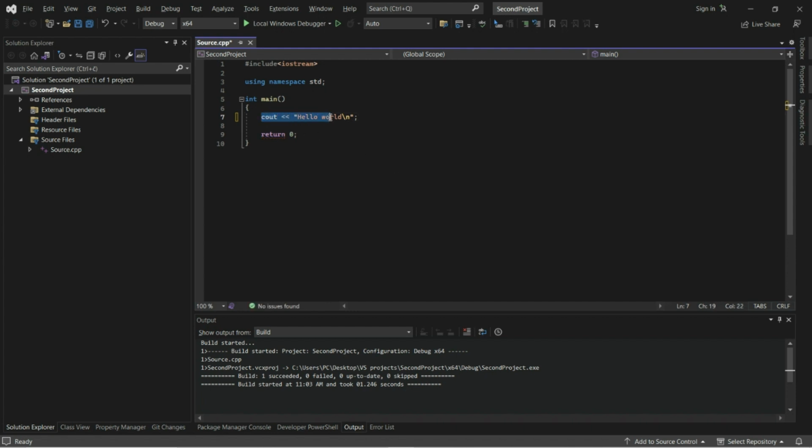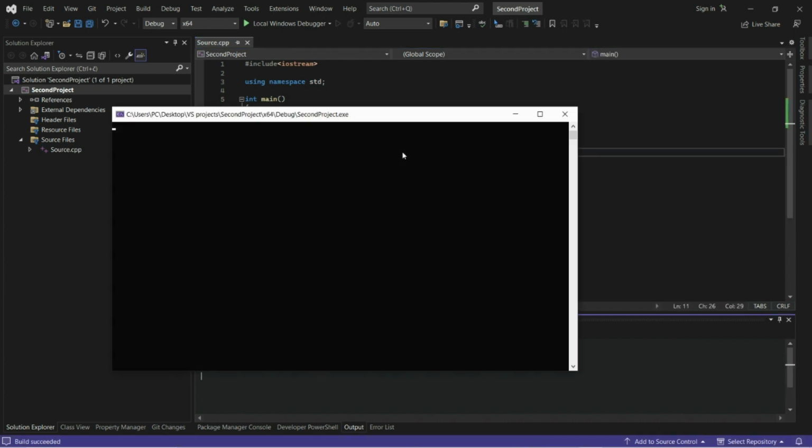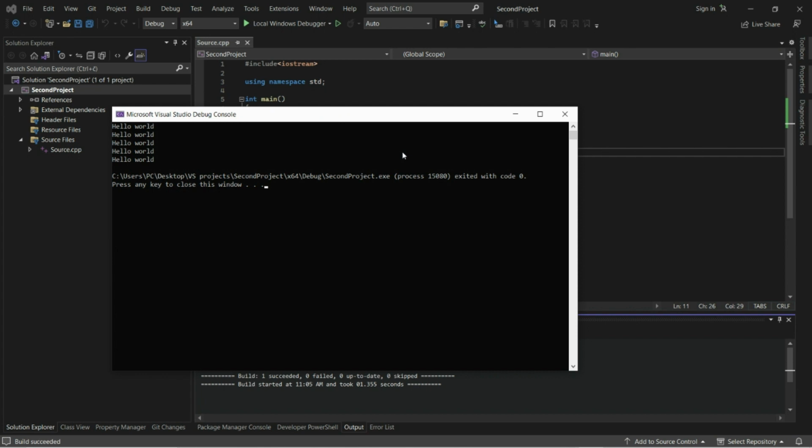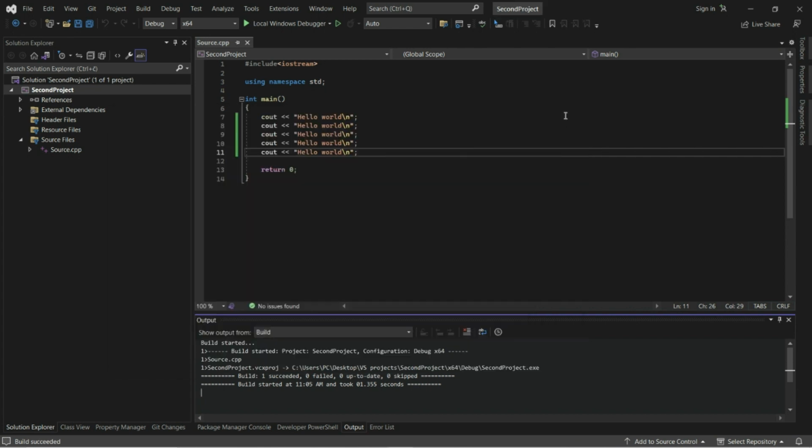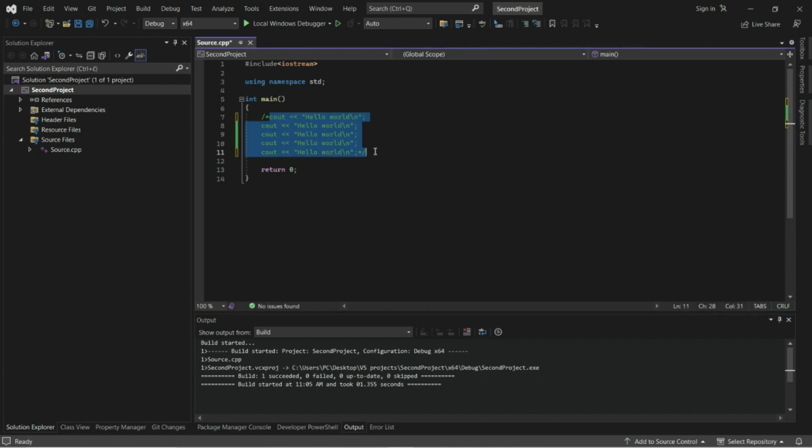I can copy this code and do this 5 times. And this text is printed 5 times. But I can also do this with for loop. Let's comment this.